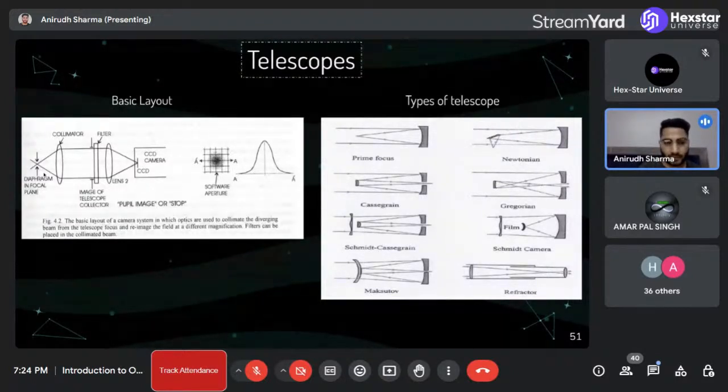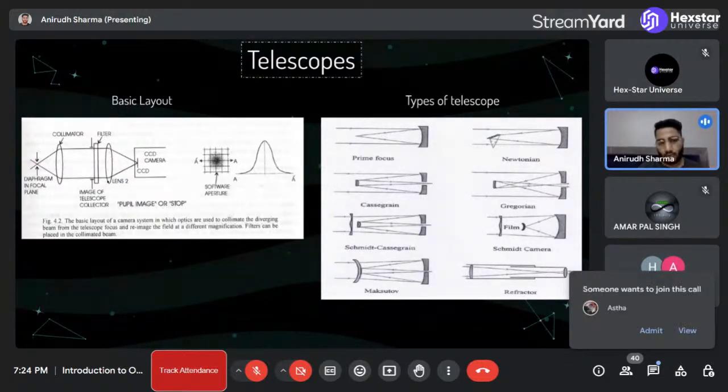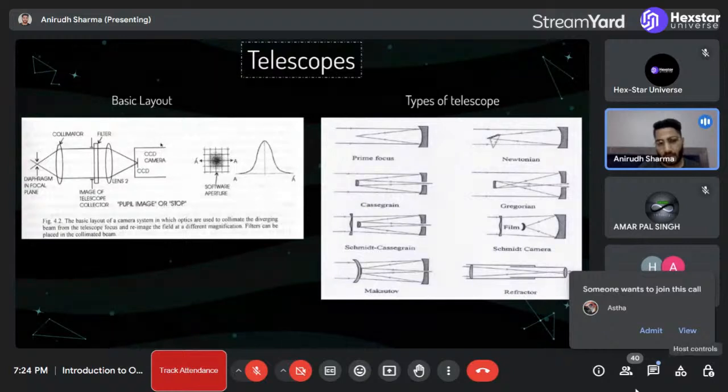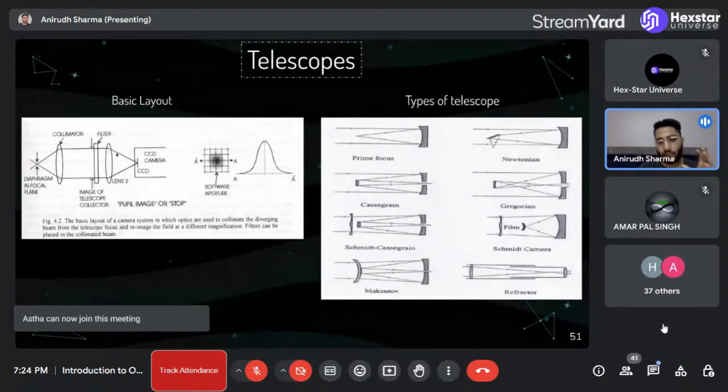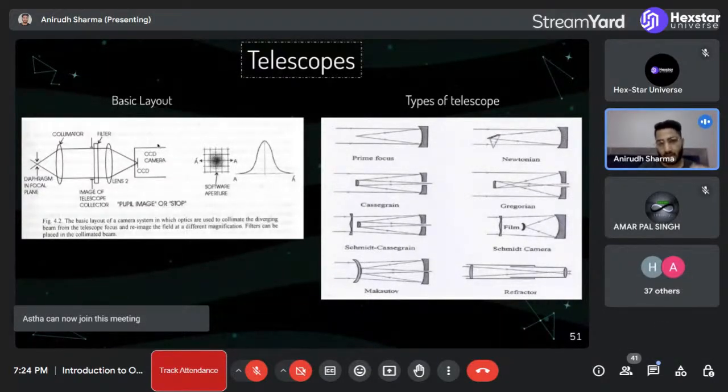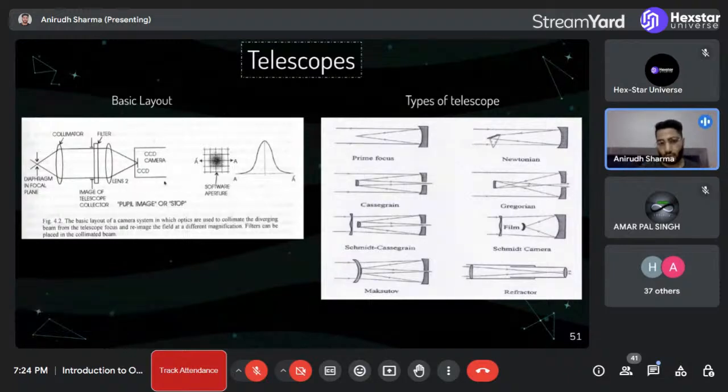बेसिक लेआउट ऐसा होता है जिसमें कि एक कलेक्शन वाला लेंस होता है जहाँ पे लाइट कलेक्ट होती है, वहां से फिर फिल्टर होता है। तो जैसे कि आप कोई भी चीज को ऑब्जर्व करें उसके लिए हमें बाकी लाइट्स ना आए और कुछ डिस्टरबेंस ना आए, इन सब चीजों के लिए फिल्टर चाहिए होता है। और दूसरा लेंस जो होता है, अगर आपका कैमरा वाला टेलीस्कोप है तो वहां पे कैमरा पे वो इमेज बना देता है। फॉर एग्जाम्पल काफी स्पेस में टेलीस्कोप जाते हैं तो उनमें ऐसा कुछ सेटअप होता है, लेआउट होता है।